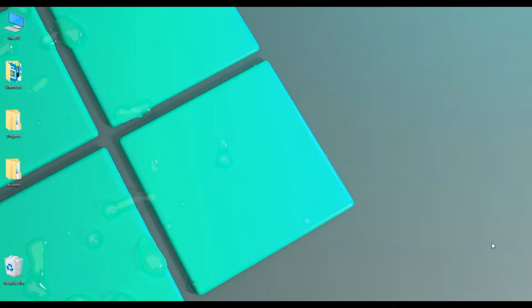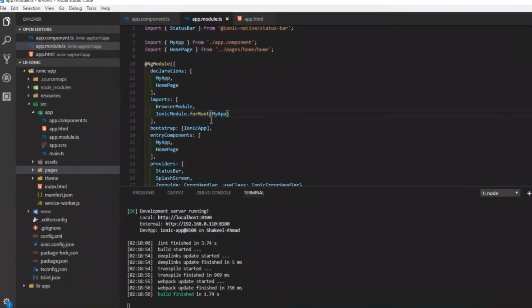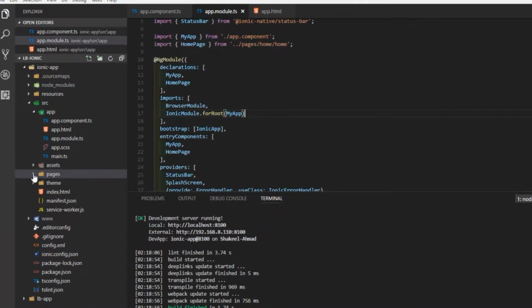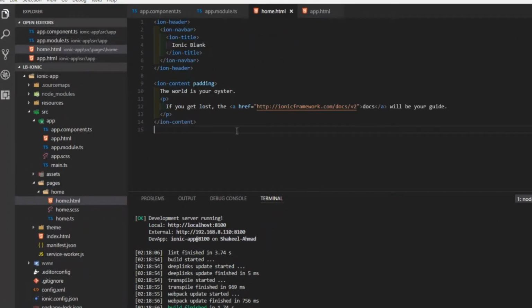In this video I'll be going to create new pages: add task, update, and a detailed page of our task. So let's move ahead and update our UI. Let's change the content of our default page, which is the home page. First we want to update our header. Right now it's Ionic blank. I'll change this to tasks